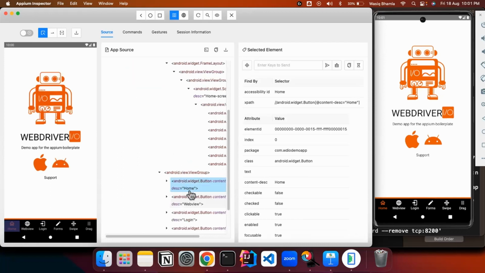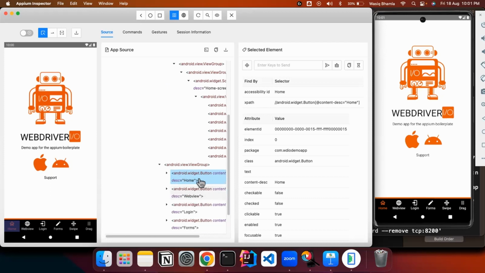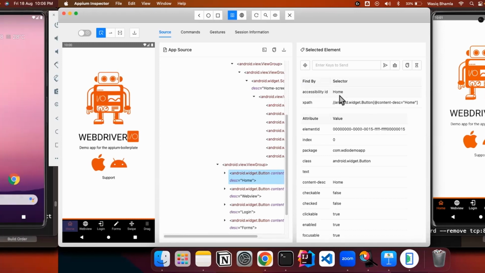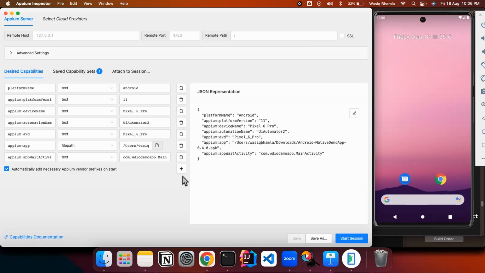Sometimes the elements are not automatically displayed in this center XML tree. So you need to scroll down a little bit to see the name. Here you can see the accessibility ID has automatically been displayed. Now with Android, there is a trick which you can use to speed up the process of finding the elements